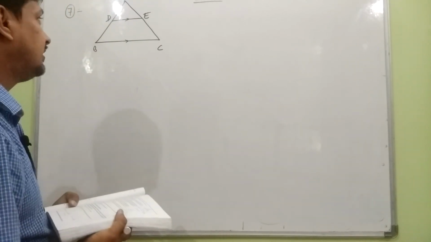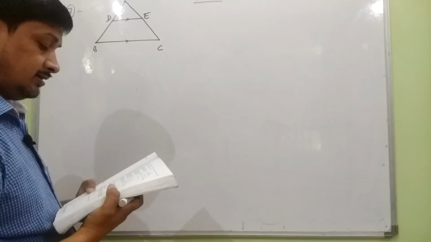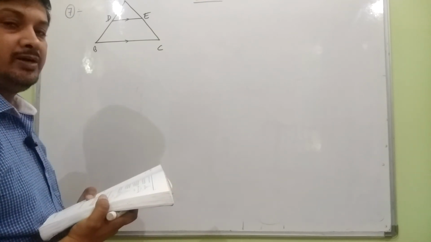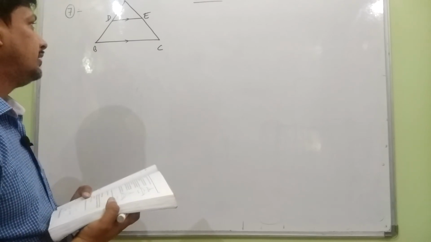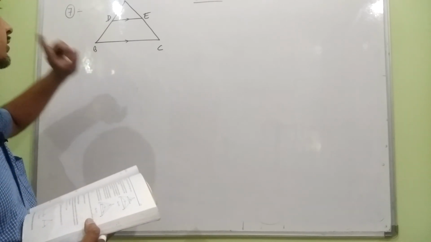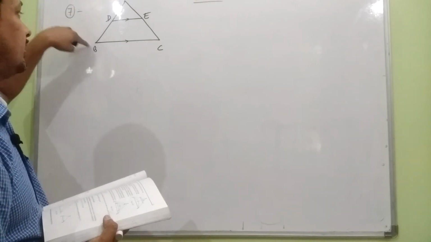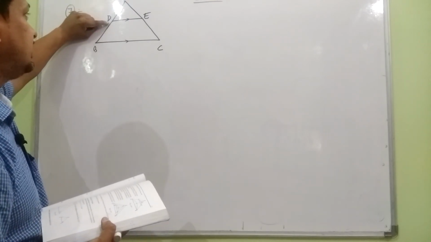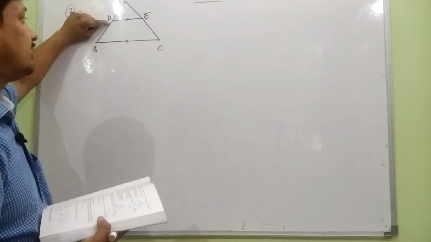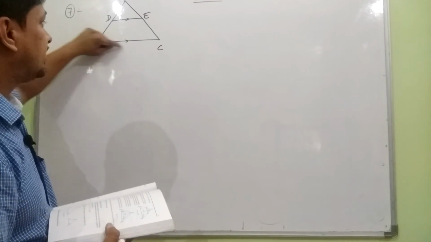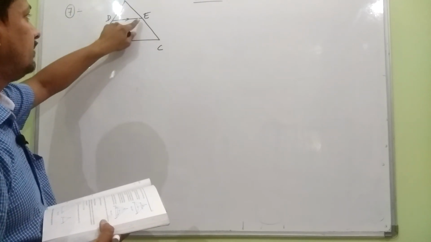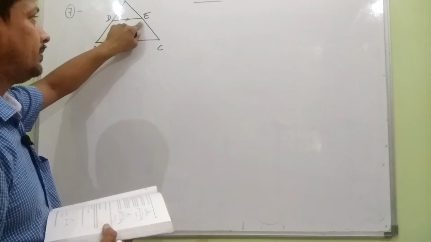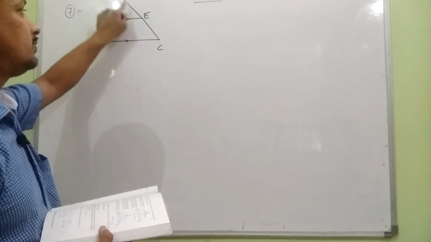Students, this is the result of the converse of the midpoint theorem of class 9th, if you remember. इसमें वो बोल क्या रहा है, इसमें बोल रहा है कि अगर किसी ट्रायंगल में किसी एक साइड के मिड पॉइंट से एक लाइन ड्रॉ करें दूसरी साइड के पैरेलल, तो वो तीसरी साइड को कहाँ पे मिलेगा, उसके मिड पॉइंट पे. This is to prove that E is the midpoint of AC.